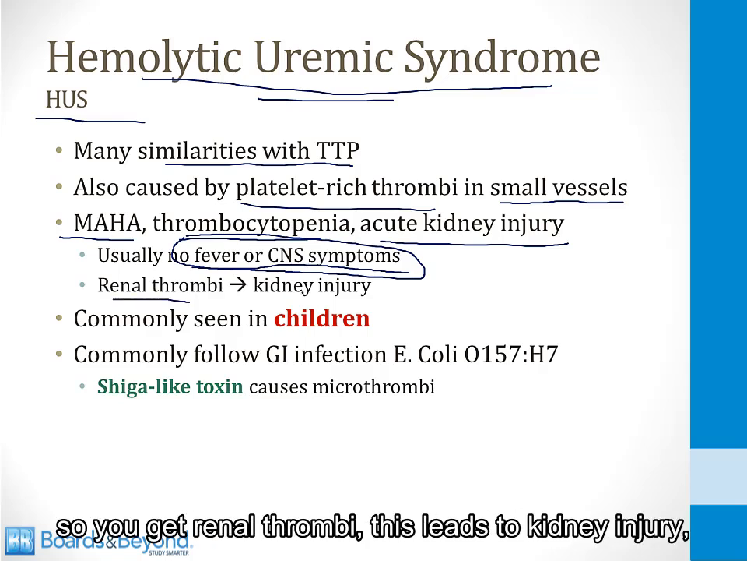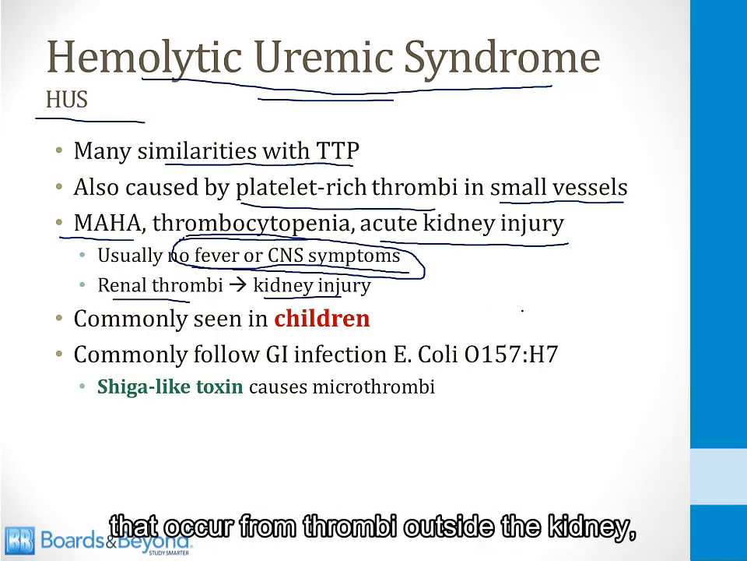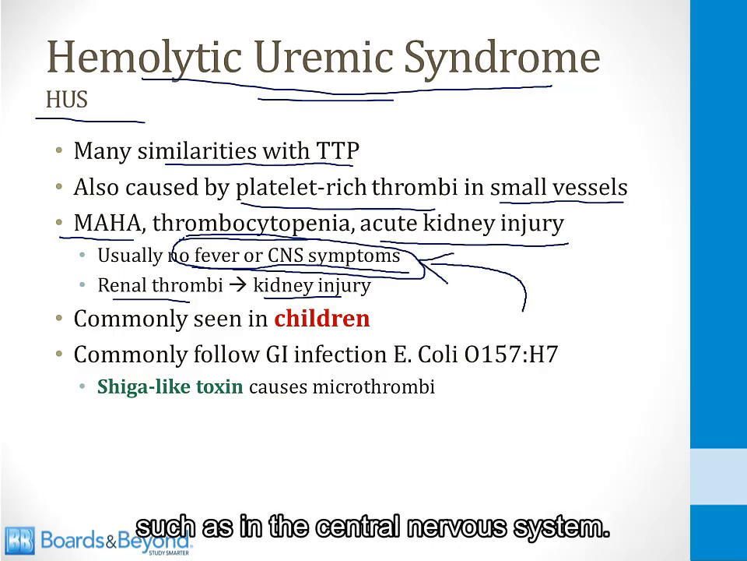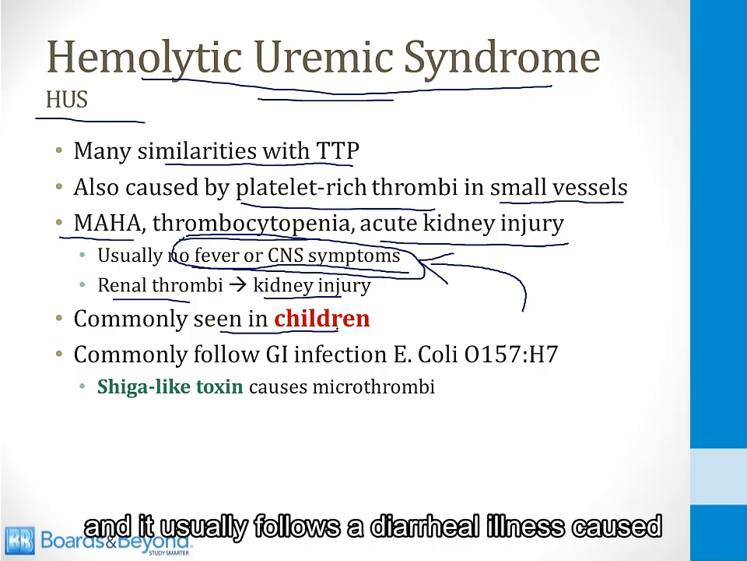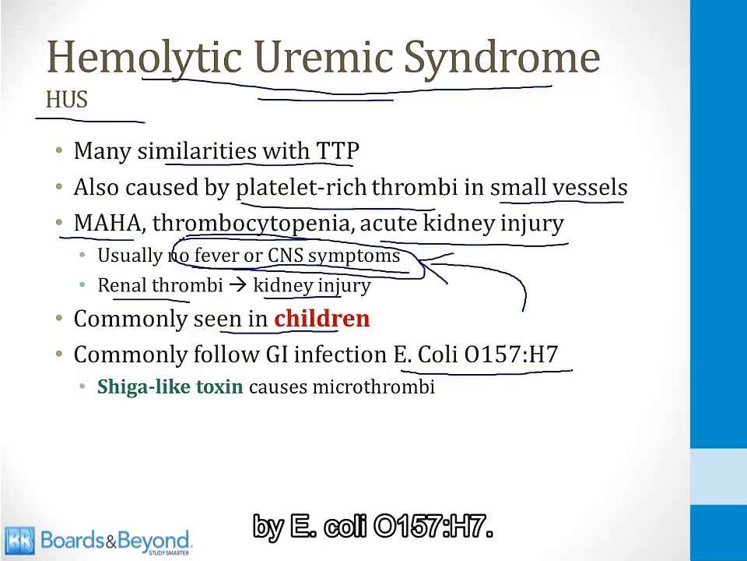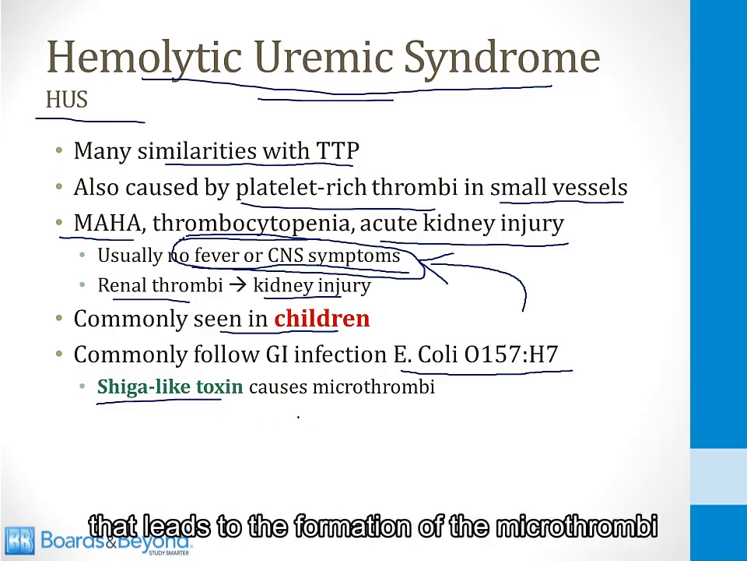So you get renal thrombi, this leads to kidney injury, but you don't see the signs and symptoms that occur from thrombi outside the kidneys, such as in the central nervous system. HUS commonly is seen in children, and it usually follows a diarrheal illness caused by E. coli O157:H7. This bacteria produces a Shiga-like toxin that leads to the formation of the microthrombi that result in the